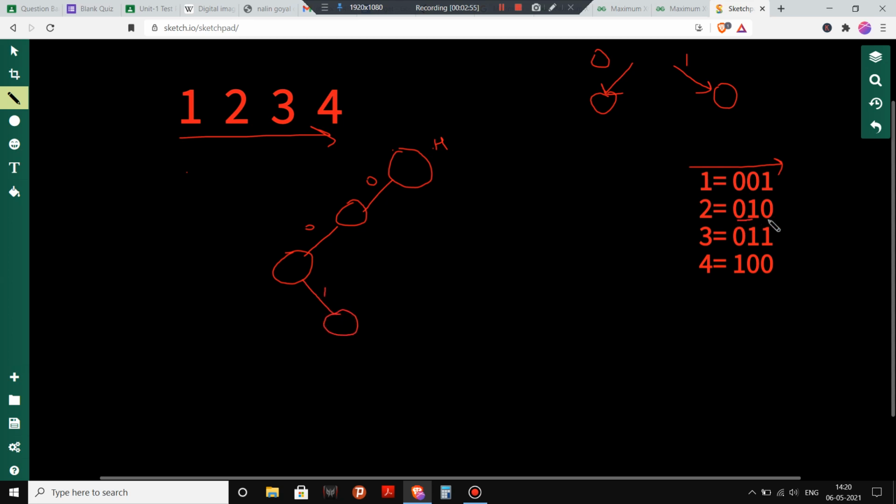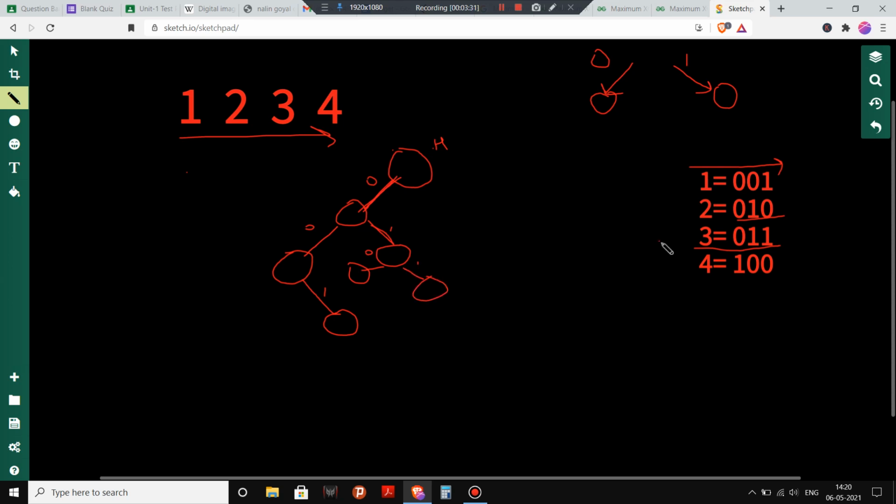Now for 2 we have 0 1 0, so we go to the left, we found 0 here. Now for 1 we go to the right child, then again 0, so we go again to the left. Now for 3 it is 0 1 1, so 0, then 1, then again 1.